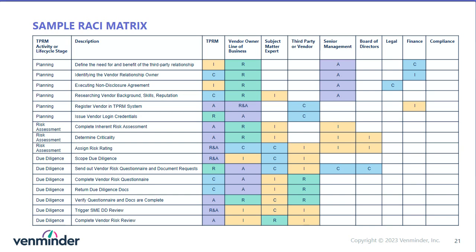Notice that there are some boxes that have an R and an A in the same box. There are some processes or activities where the same person performing the work is the same person accountable for its quality, its approval, etc. You don't always need to have a consulted and informed, but you always need to have designation of who's responsible and accountable. Now, I'm not going to go through all of them,